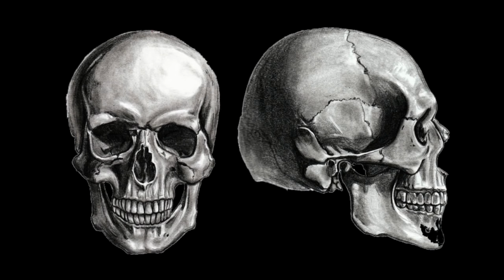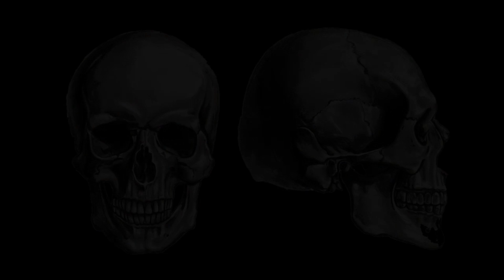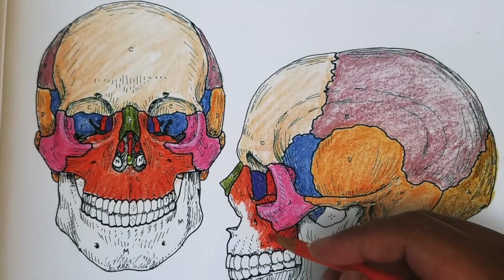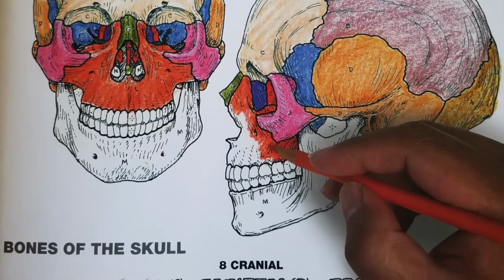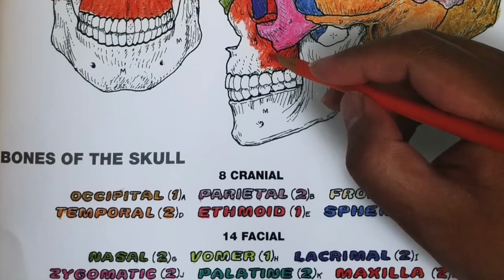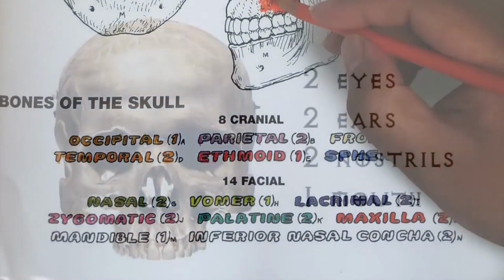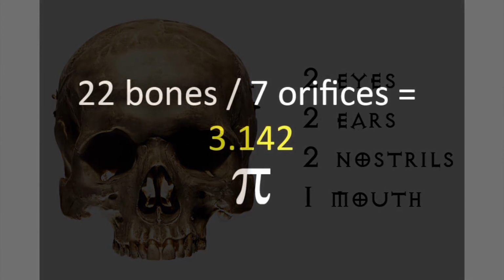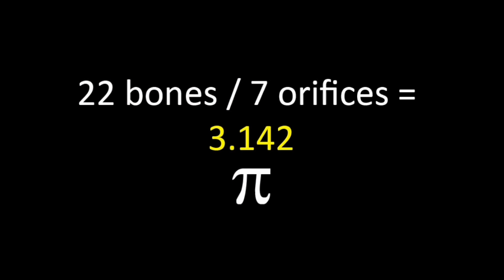One last little mathematical gem we're going to cover here is incorporated into the human body and is found in the skull. The skull is composed of 22 bones. 14 make up the facial bones, and the remaining 8 compose the cap. These 22 bones ultimately create 7 orifices: 2 eyes, 2 ears, 2 nostrils, and 1 mouth. 22 bones of the skull divided by 7 orifices is, once again, 3.142, an approximation of the number